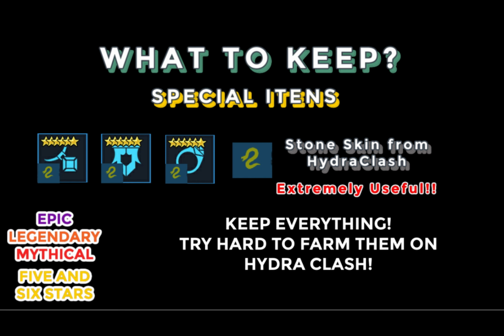So you can use Savage and Stone Skin, you can use double speed bonus set and Stone Skin, you can use immunity and Stone Skin, whatever you want, and Stone Skin. This is amazing. It's one of the strongest sets in the entire game, one of the strongest accessories in the entire game. So for this set specifically, you keep